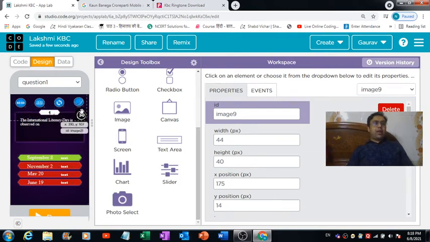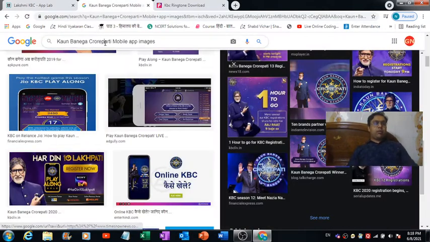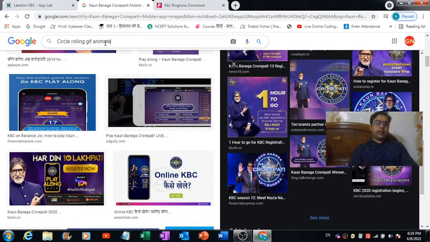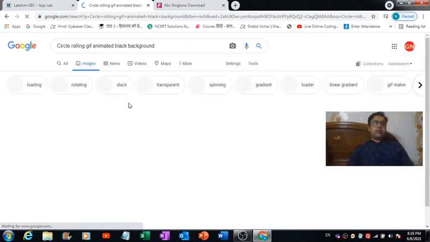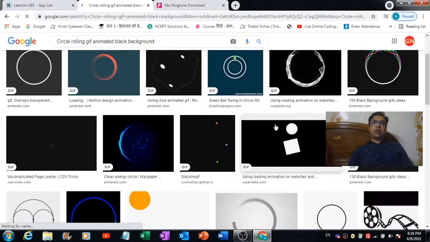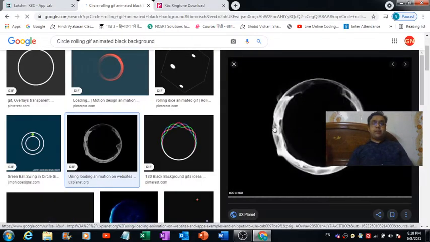Okay, so how I have got this timer over here, now that's what I would like to tell you. So here what you can do, you can just type circle rolling GIF animated black background. So these are a couple of images you're going to come across. I have made use of this GIF animated image.